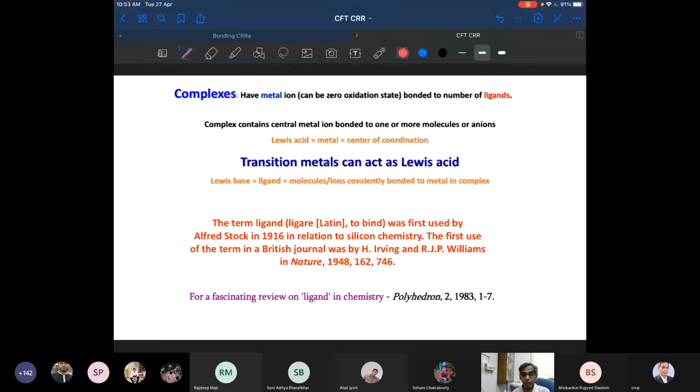Now there's a simple definition, right? Complex: you have a metal ion. It can be 0 or is bonded